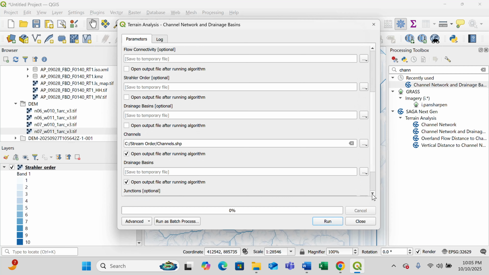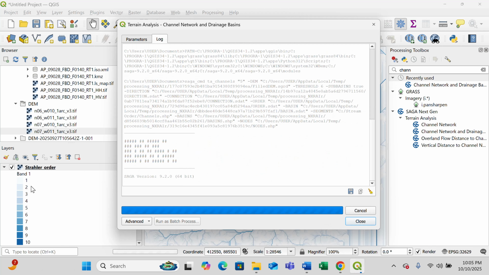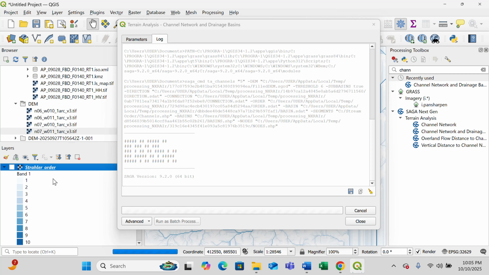There are other outputs here that I don't need. For example, junctions. I don't need junctions, so I will uncheck. Here, drainage basins. I don't need drainage basins, so I will uncheck. So we've selected the only output we need here, which is the channels. So we will just run. I'm afraid that this will take a much longer period to run. So I'll uncheck my strahler order anyway because